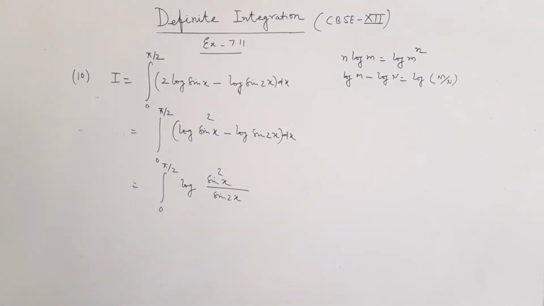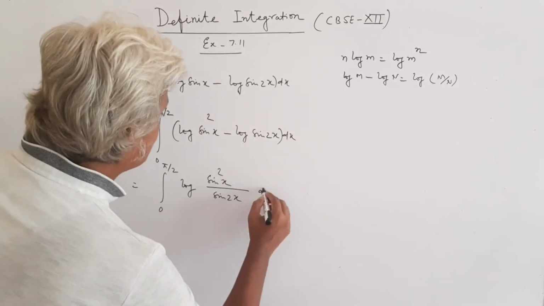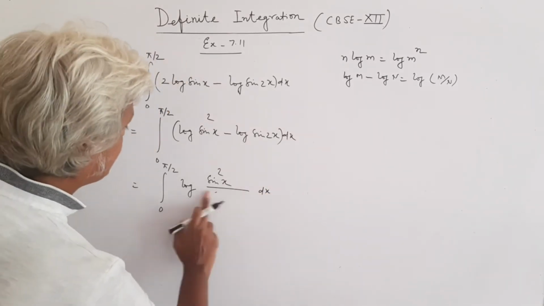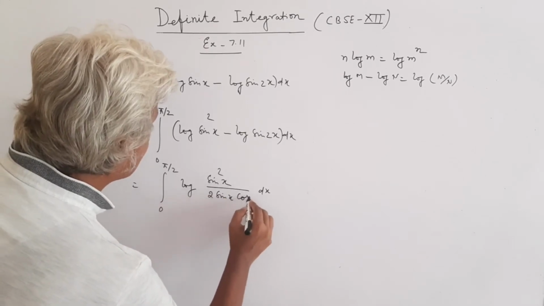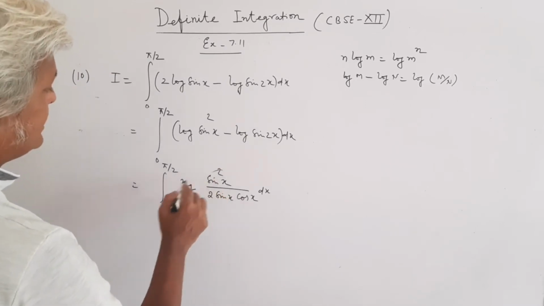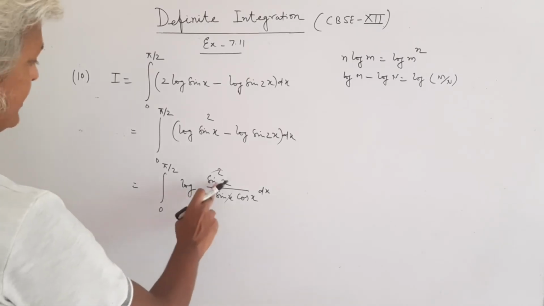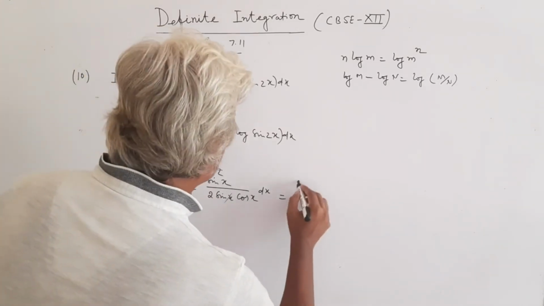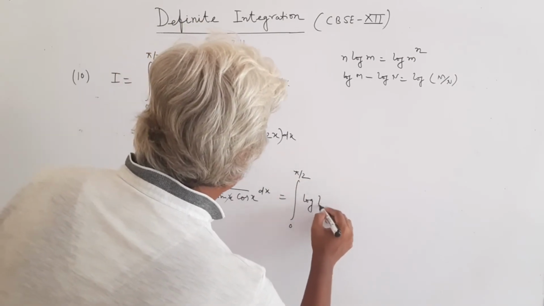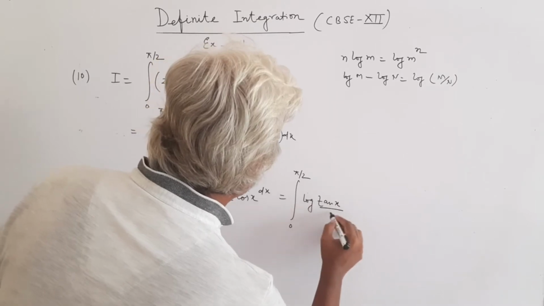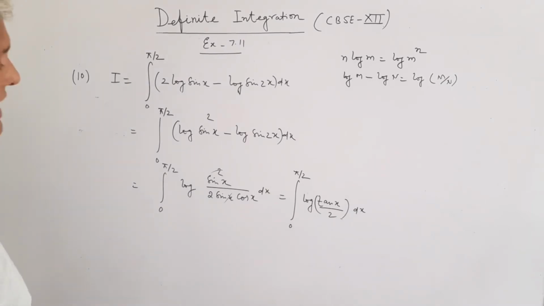Got it? Now I can write this sin 2x as 2 sin x cos x. So here only I am changing. So sin 2x can be written as 2 sin x cos x. So one sine is cancelled. Then what do we get? We have log tan x by 2. So 0 to pi by 2 log tan x by 2 dx,